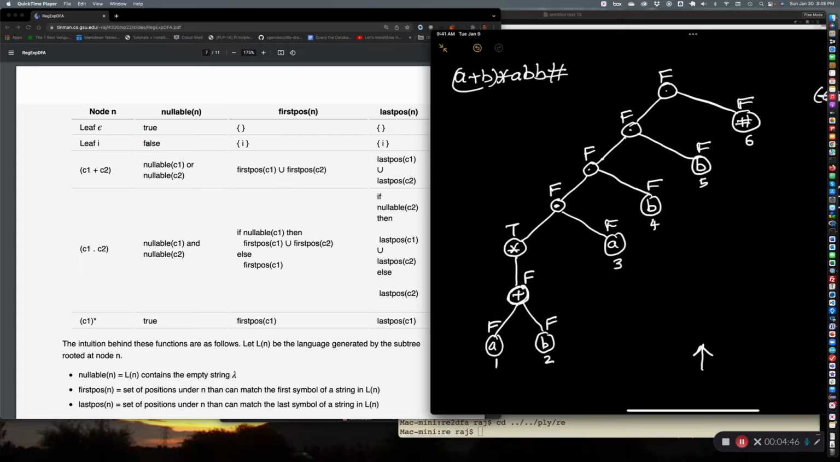So the first pos will be to the left of the F, and last pos will be to the right of F, okay, if there is room. If not, I'll go past the bar, okay. So that's what we're going to do. We're going to write the first pos and the last pos now. Let's do one at a time. First pos, okay. So the first pos